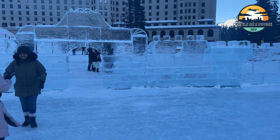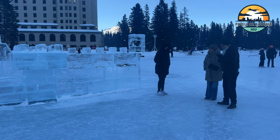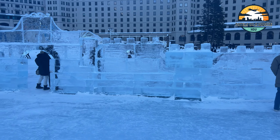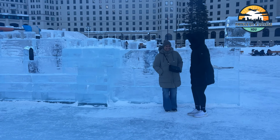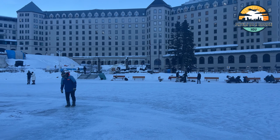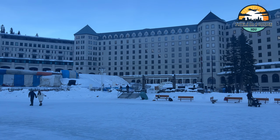Okay, so on the back side you guys can see it was just a gate to go in, and then probably they had a house, some wall extended out here as well, but we don't see that anymore. So it's all gone. There's some nice fancy windows on it. So, okay, I'm just gonna try and go on this side again. I'm gonna try and go up those stairs